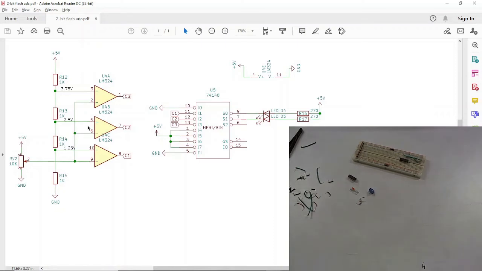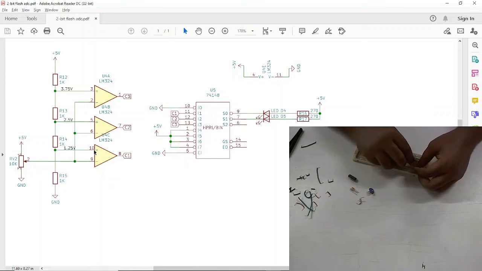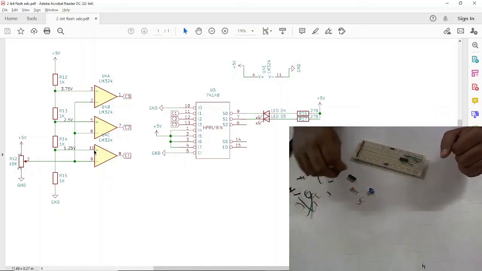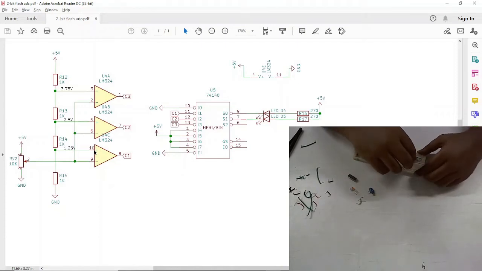Now we have to connect one end of R14 and R15 to the pin number 10. So this is pin number 1, 2, 3, 4, 5, 6, 7, 8, 9, 10. So this is the third one from this side to this side. So we'll just connect this pin number 10 of OP-Amp to your resistor in between, which is